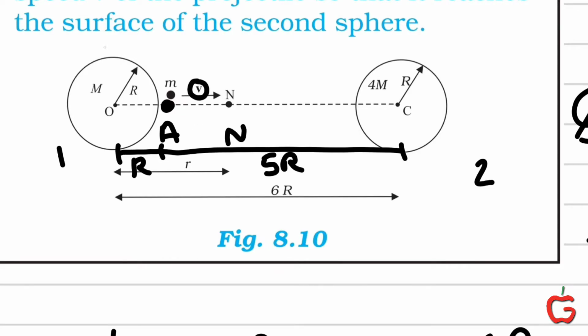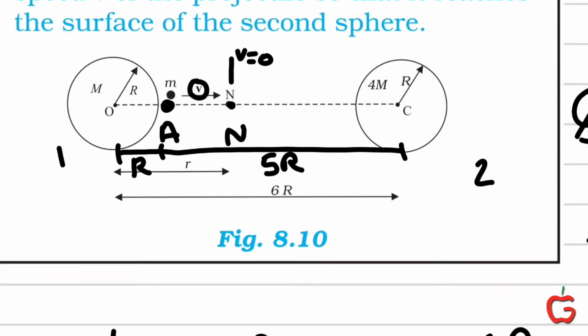It has potential energy due to the first sphere, potential energy due to the second sphere, and the kinetic energy with which it is going to be thrown. On reaching this neutral point, or on crossing this neutral point, even if the velocity becomes 0, it's alright, because the second sphere will pull it towards itself, because the gravity of the second sphere increases beyond this point.